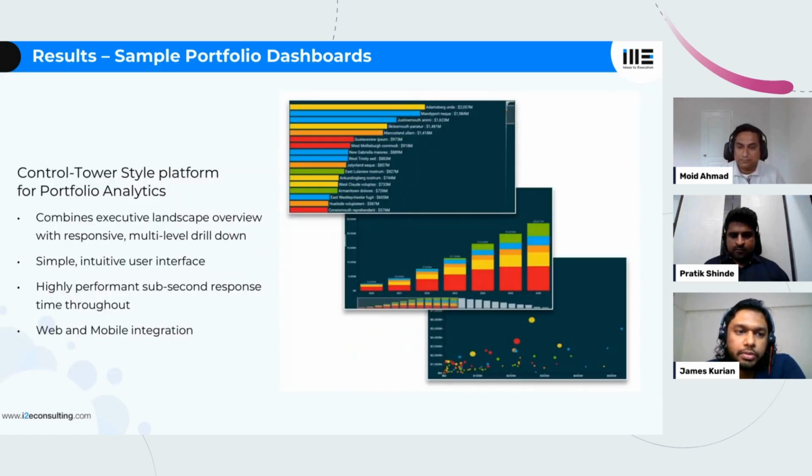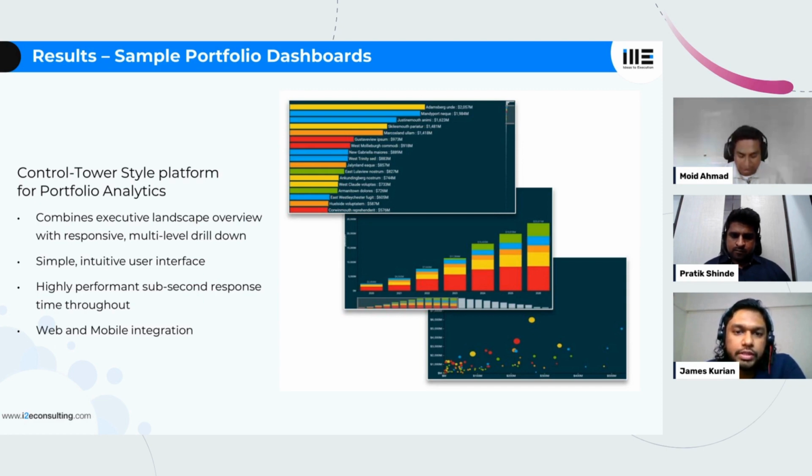And finally, we want to talk about another increasing use case. So looking at your data in dashboards reactively is fine. That's good. But with the changing landscape, you might want to take a look at your data proactively as well. So that is very important. And there are certain use cases wherein, if you miss something, if you don't get data on time, then it can be harmful. So this is a use case wherein we can build a control tower style dashboard.